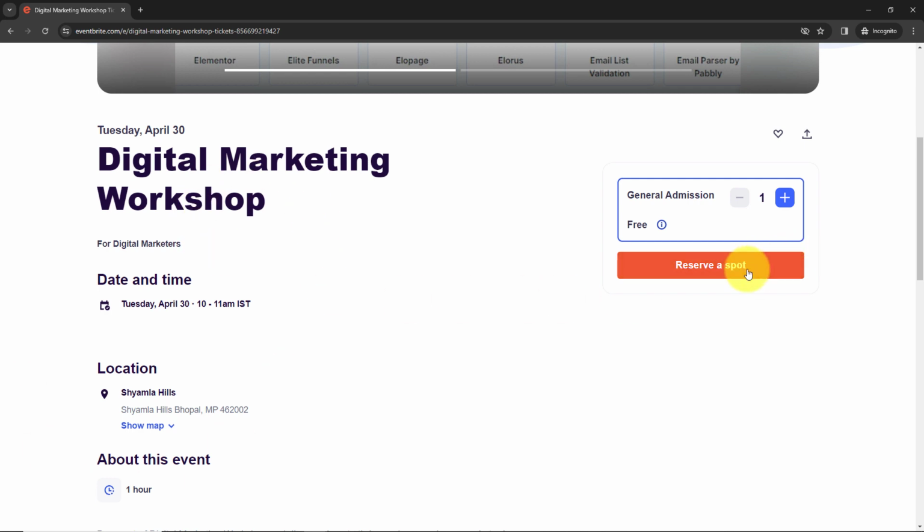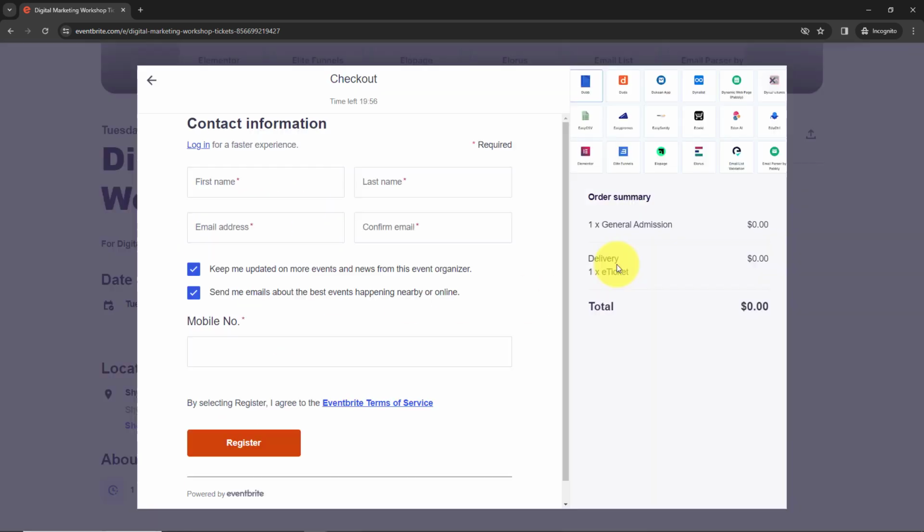I'm going to click on Reserve a Spot, that is right over here. As you can see, this is the page and I'm going to fill in all the details and then register myself for the event. Firstly, it is asking for the first name. So for the first name, I'm going to write dummy. Then for the last name, I'm going to write account123. Then for the email, I'm going to write it as